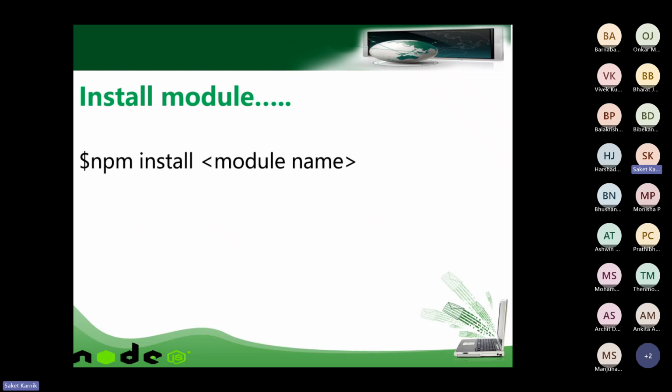If you want to install any package or module, you just need to say npm install and the module name. This will install the module or the package for the current project only. If you want, or if you know that this package is something which I require for